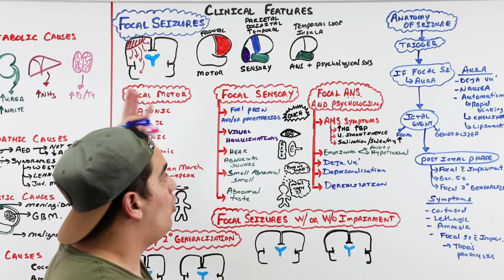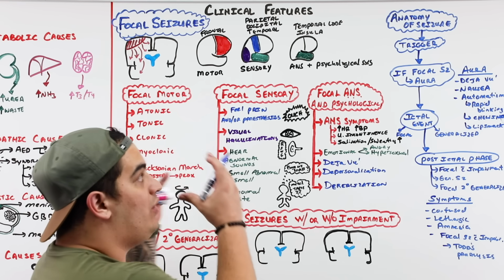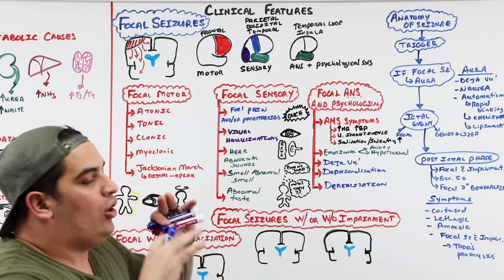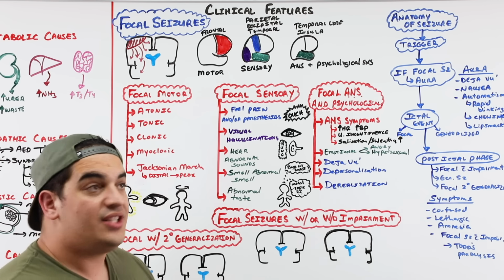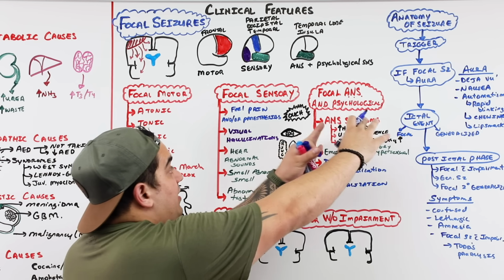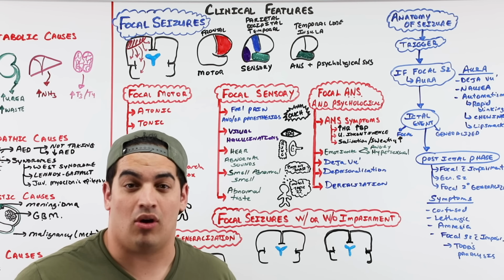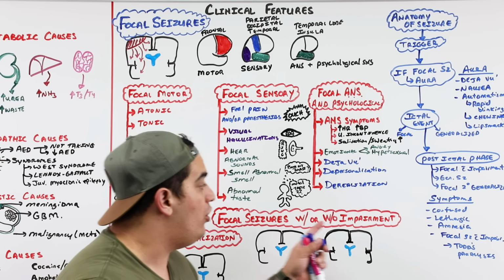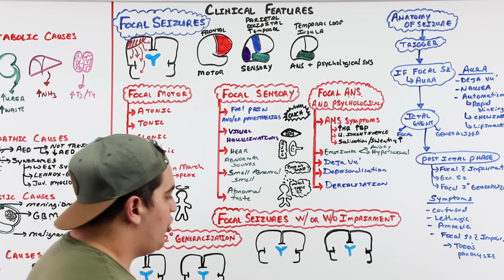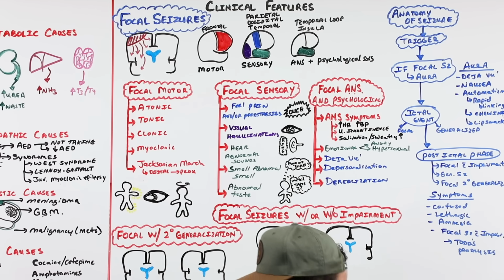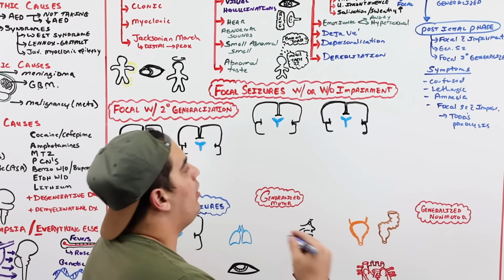So again, we talked about focal motor, focal sensory, focal autonomic, and psychological symptoms that you can see with focal seizures. A couple more things that we have to talk about before we go into generalized seizures is if these focal seizures that we can see presenting in any of these ways are causing impairment, potentially loss of consciousness, or no impairment, there's no loss of consciousness. And so in those situations, it's important to understand some of the things that can maybe clue you into that. And what are those things?